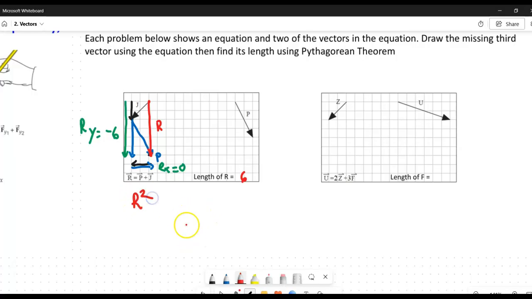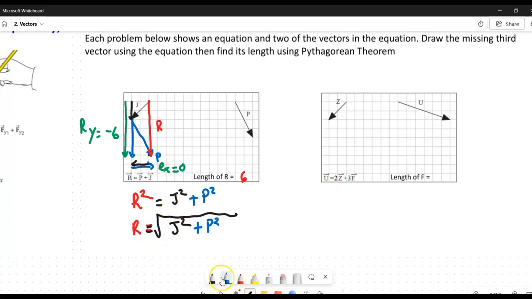R squared is going to be equal to j squared, which is black, plus p squared. So r is going to be equal to the square root of j squared plus p squared. And if those lengths are already aligned to a y direction or an x direction, that's pretty